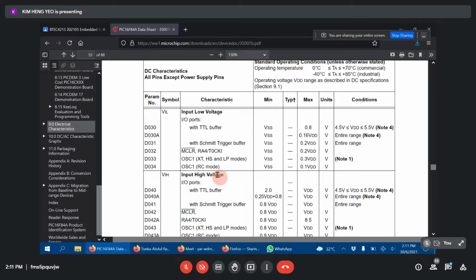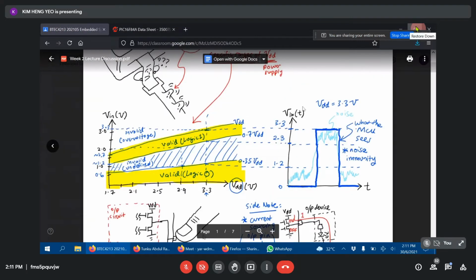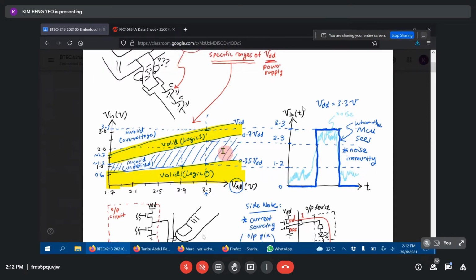So the range between 0.8 to 2 volts is unused. If you feed a voltage between 0.8 to 2, it is neither 0 or 1. It's not recognized by the digital IC. Over here, the invalid or undefined range is this grayed out area, this shaded area. So we cannot use this. All right,